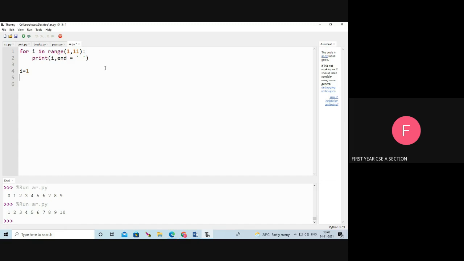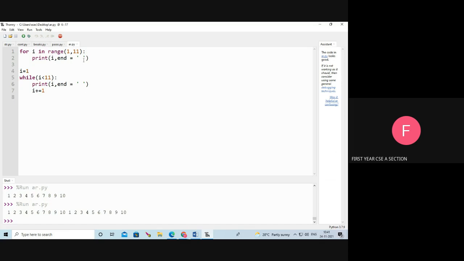Next, while i is less than 11, print i, then i plus equal to 1. i equal to 1, 1 is less than 11, condition true, it will print the i value. See the output. 1 to 10 is printing.